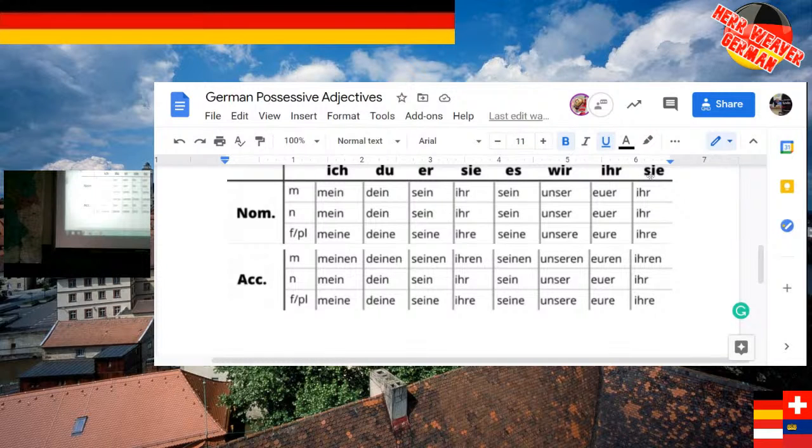I'm the subject, so I'm nominative, that's right. Computer is masculine, someone said. So what's going to go on the end of dein? En, masculine accusative. Ich kaufe deinen Computer. I'm buying your computer. Okay, it's not like it's out of the ordinary.